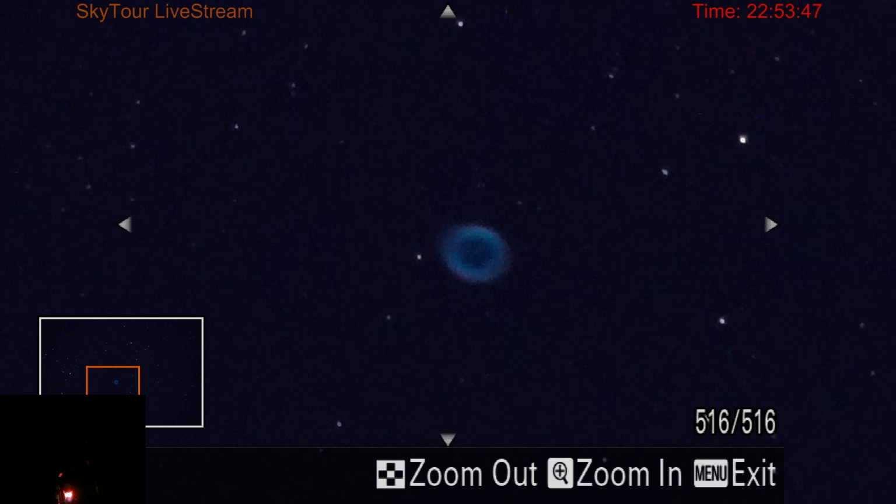It's not reflected light. It's causing an atomic interaction with the elements in that ring of gas, which was former star material that was making up the star. And what it's doing is it's actually causing them to emit light. All right, so you see kind of blue on the inside, and then it's sort of reddish around the outside. All right, that's the Ring Nebula, and as an object, we have to say, well, what is that